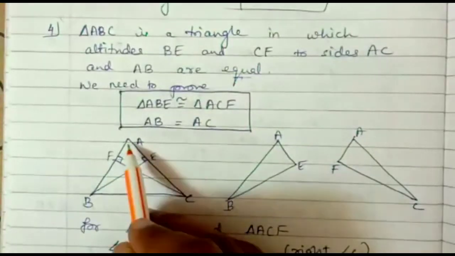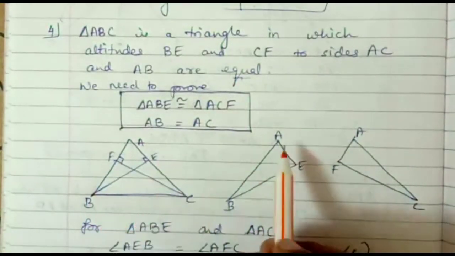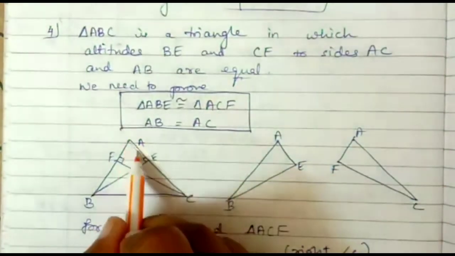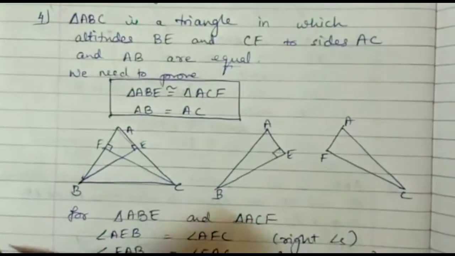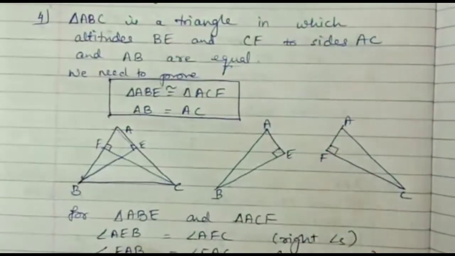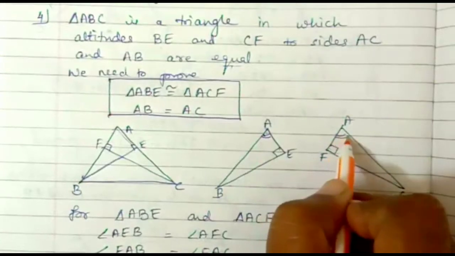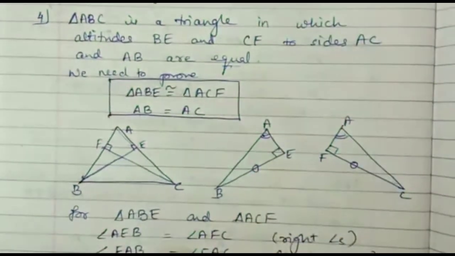So again I have drawn the same kind of triangle ABC. BE and CF are the given altitudes. So we have got two triangles. I have drawn triangle AEB, in which angle E is again a right angle because it is an altitude, perpendicular. So AFC is again a right angle triangle here. So again angle A will be a common angle. Only the difference is here it is already given that BE and CF are equal in measure.